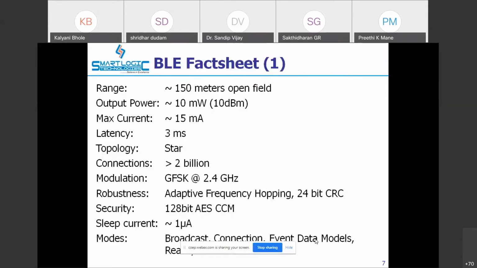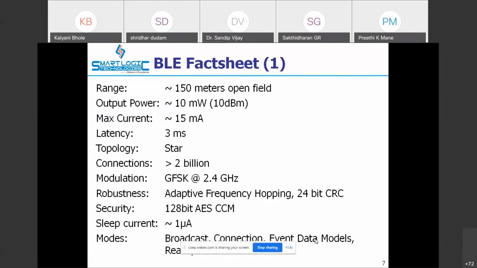Then basically, if you take all these communication protocols, either it may be your Wi-Fi, it may be your ANT, it may be your low rate WPAN, all these communication protocols operate in the ISM band, typically in 2.4 gigahertz. Sometimes people may use 815 megahertz, like use a 2.4 gigahertz frequency.